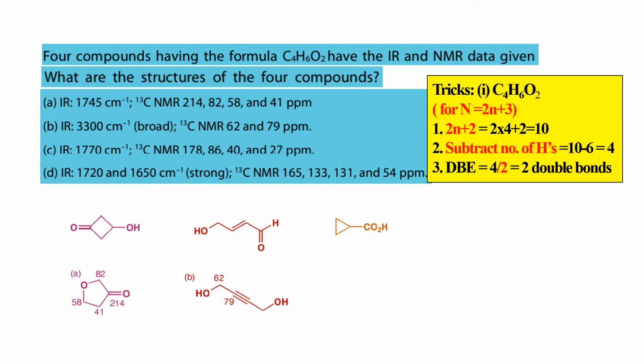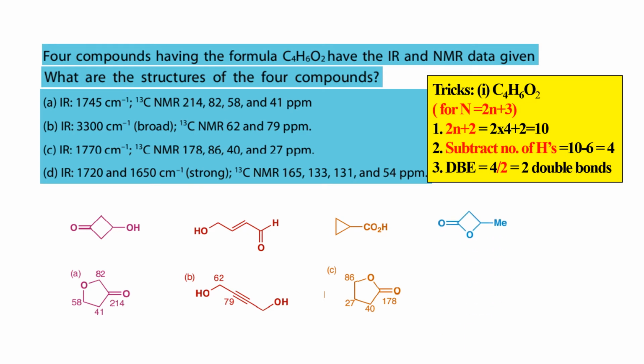See, accordingly we can try. Accordingly we can say this is the compound. See here, this is the C double bond O, okay, as an acid again. For that acid, this thing is over, and this is away from the carbon. So one is there which is away from that, and one with the carbonyl group attached to it, that is 40, and one which is attached to the oxygen atom, that is 86. Okay, so this is a ring closing. So 2 double bonds, 1 double bond, and the 1 ring is closed. So for this compound, this is the structure.